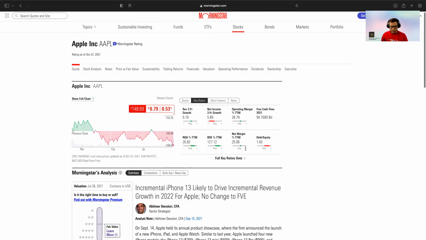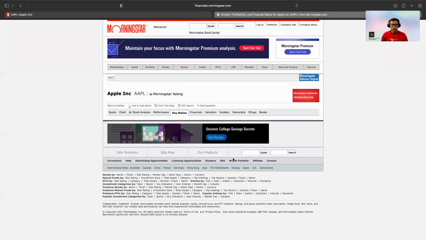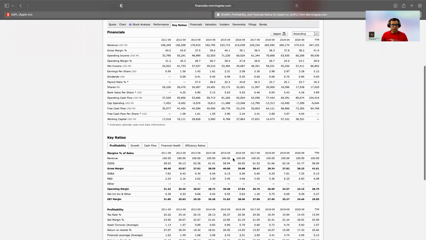So this is a snapshot, the summary. But let's say you want to dig deeper, we can have the full key ratio data here. All right, so this is the